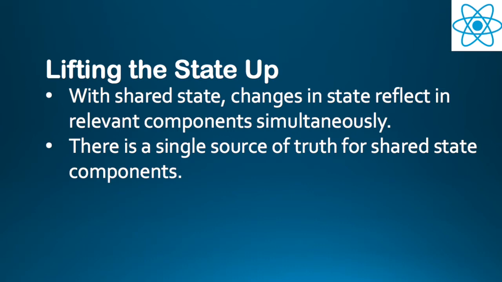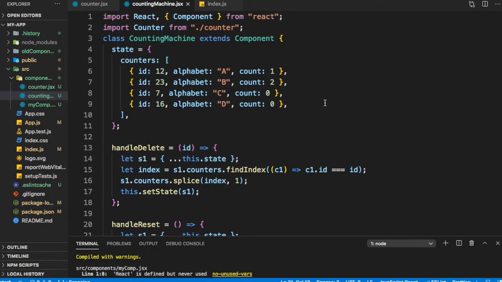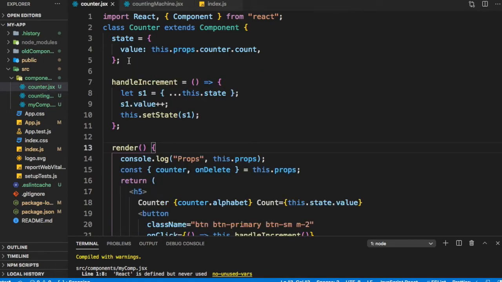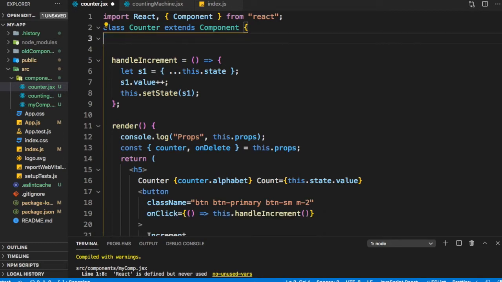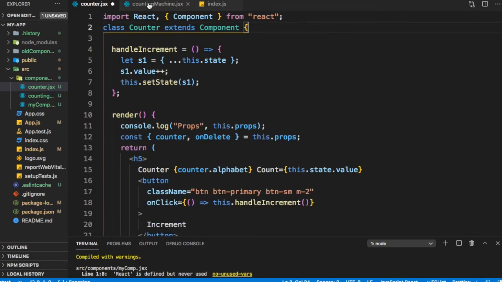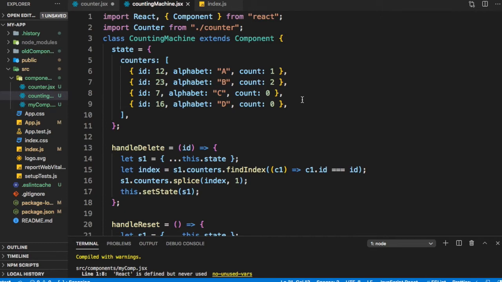So if we go back to our code, what we are saying is that instead of the state being defined here, I will delete this state, and this state should now be maintained in our counting machine. So what that means is that we have a single state, a single source of truth, and the state of this counter has been lifted up to the counting machine.